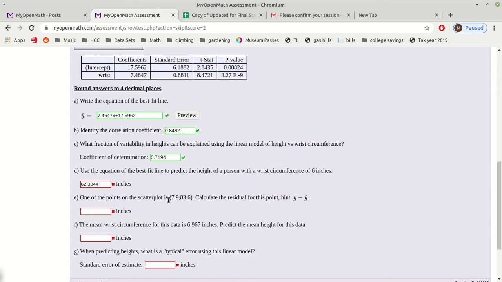One of the points on the scatter plot is this one. Calculate the residual for this point. It says hint: y minus y bar. So I should